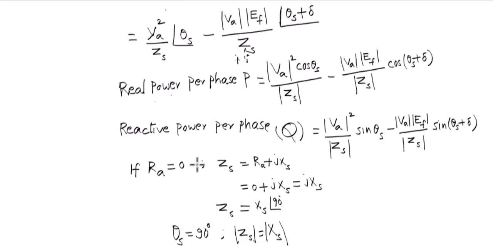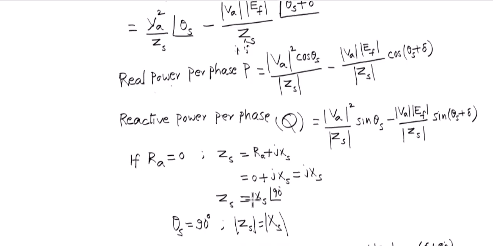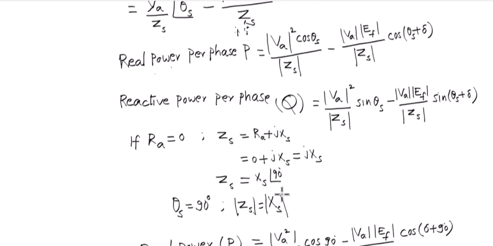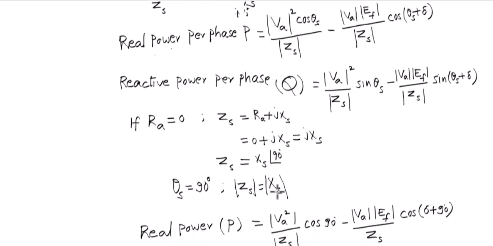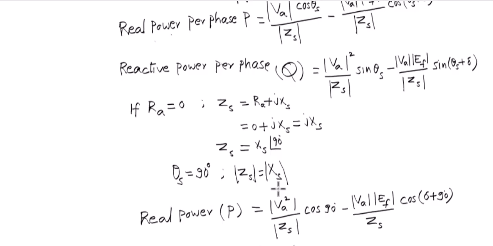For all practical purposes, in a synchronous motor, the armature resistance, that is the stator resistance per phase Ra, is considered approximately equal to 0. Then Zs can be written as Ra plus jXs. So Ra is 0, then 0 plus jXs becomes j into Xs. This Zs can be further written as Xs at an angle of 90 degrees. That is, theta s is 90 degrees and the Zs magnitude is Xs. Then substituting